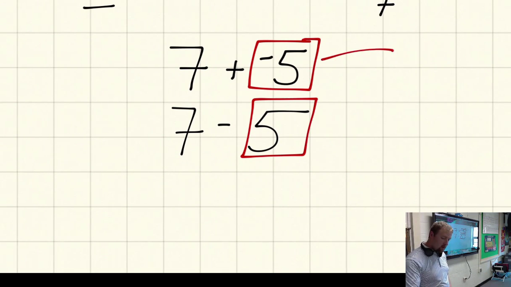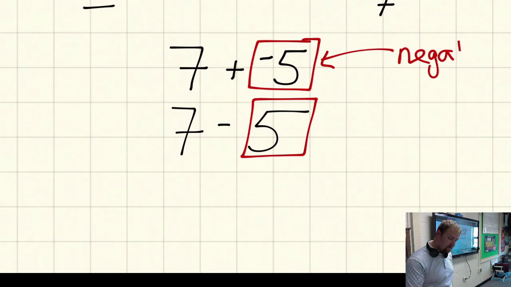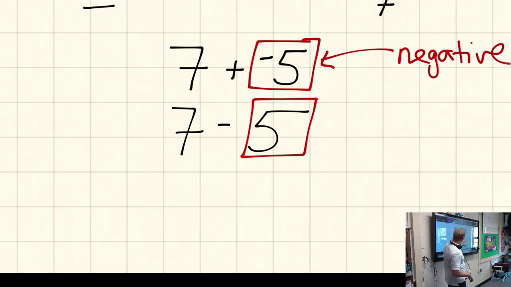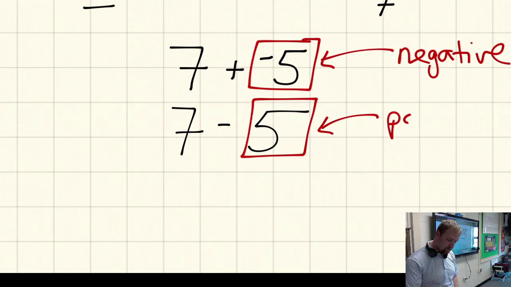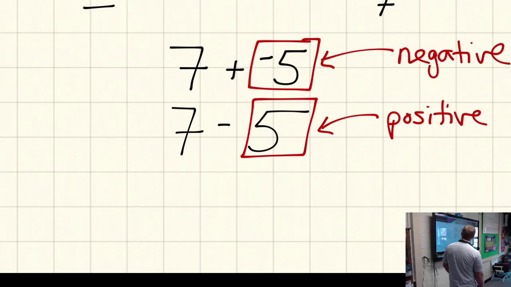Okay. Would you say, Morgan, that in this box the number is positive or negative? Negative. It's negative. That is correct. And would you say, Dalton, that the number in this box is positive or negative? Positive. It's positive. That is correct. Okay? So if we were to describe this first statement, we would say it's like adding a